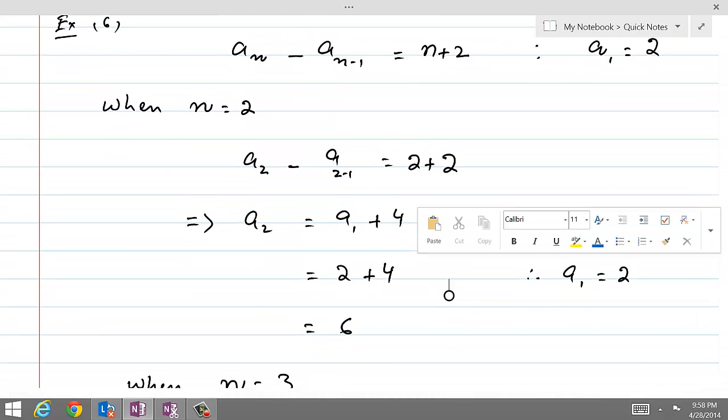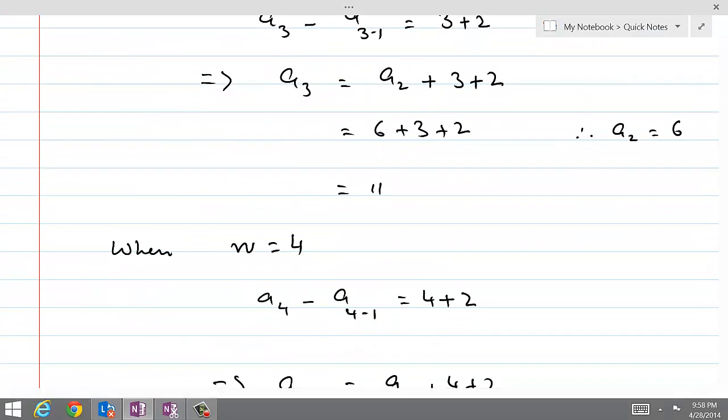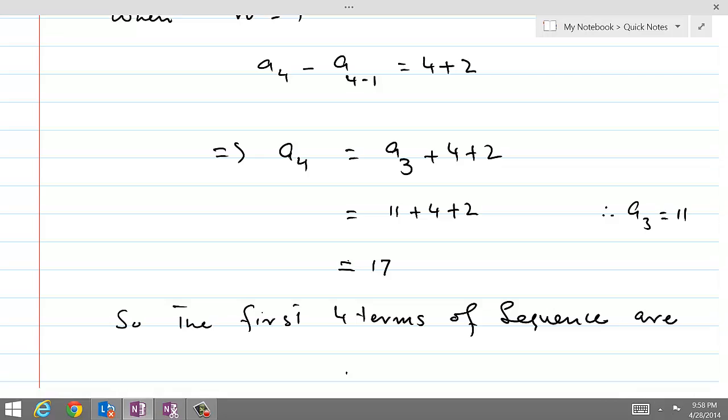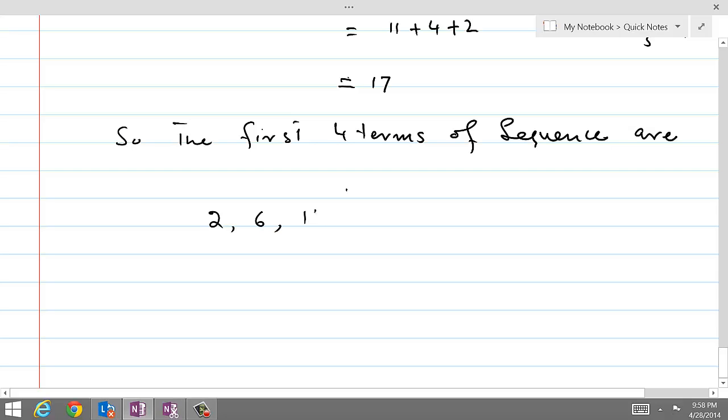So this is 2, 6, 11 and 17. We can similarly find other terms of the sequence just by substituting the values of